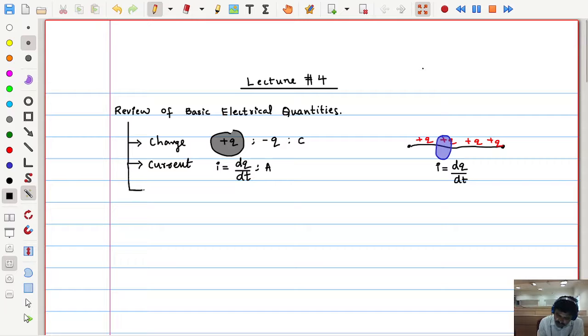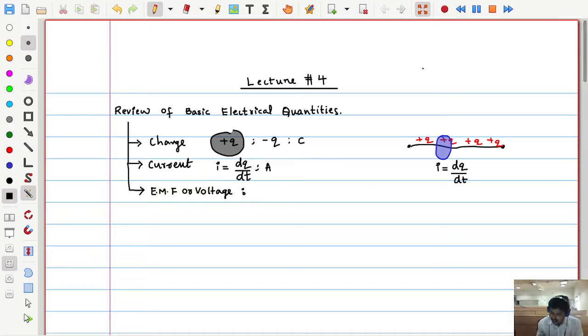And the next important thing: to make this flow of charge from one point to another point, it needs some energy or work done to be incorporated for the flow of this charge. That work done, or the energy required to make the movement of the charge, is coming from a secondary source. That is the electromotive force, EMF. This is usually also referred to as voltage.